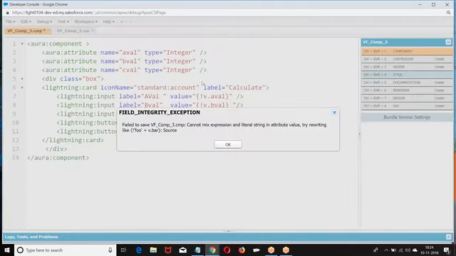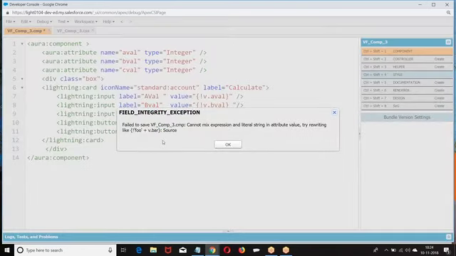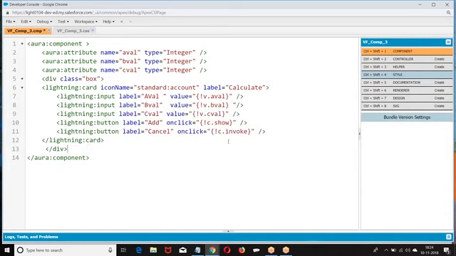Now, for this component, I want to create some scripting also. Mixed expression, literal attribute value. Where was that? Attribute name. What was the error? Cannot mix expression and literal string in attribute value. Somewhere I have given an extra thing. Where was that? c.value, c.onclick, c.showOnClick, c.invoke. Label calculate. What was the bug here?